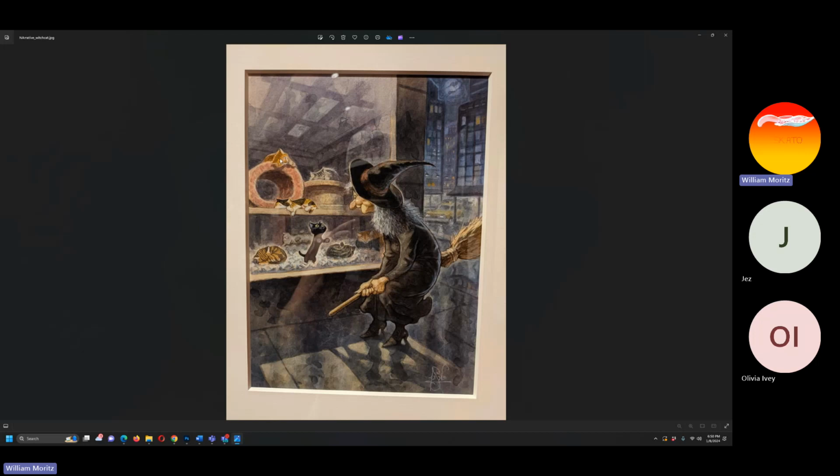The most saturation that we get happens to be on the orange cats here in the foreground. And you can notice that around the kitty cat here, to help the cat stand out even more, that cat is glowing. It's got a little bit of an outline to it. We've got the white chopped up newspaper that the cats are hanging out in that helps us to focus on the black cat and to really make it pop and stand out even more. There are a lot of subtle little things that this artist is doing to really draw our attention. This is an extremely